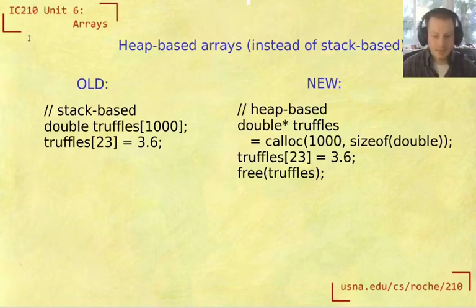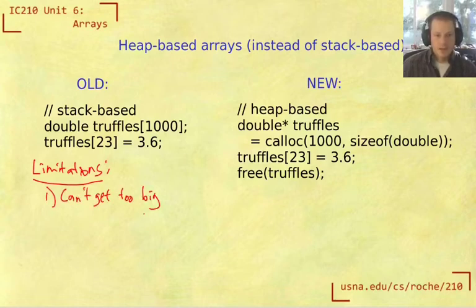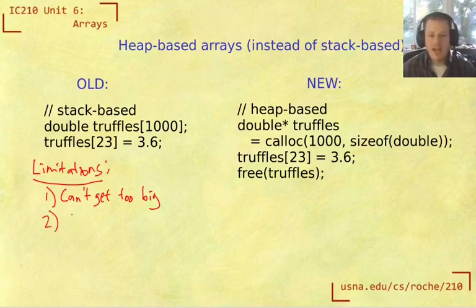So when we use stack-based arrays, the first problem is that if we really want them to be potentially very large, then we can run into issues. Limitations. So the first thing is that they can't get too big. And related to that, of what we just saw, is that we can't even check